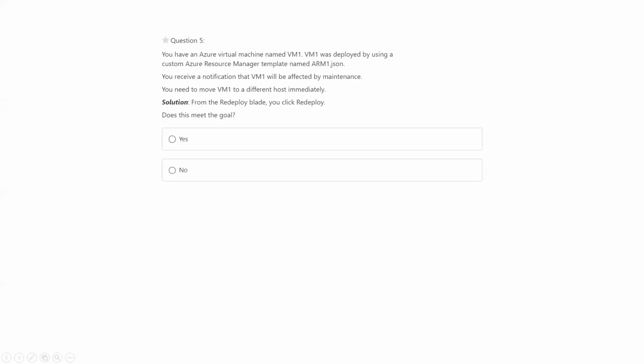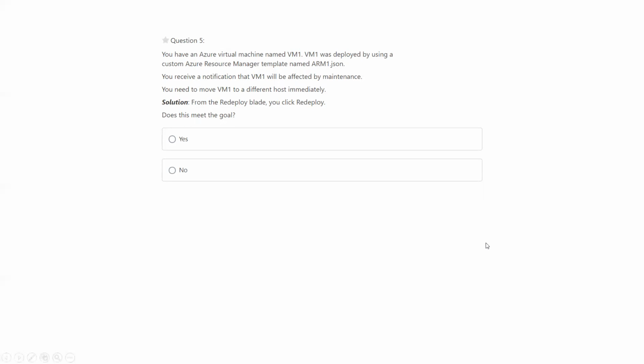Next question is on, you have an Azure virtual machine named VM1 that was deployed using the template called RM1.json. You receive a notification that VM1 will be affected by maintenance. So you need to move VM1 to a different host machine.